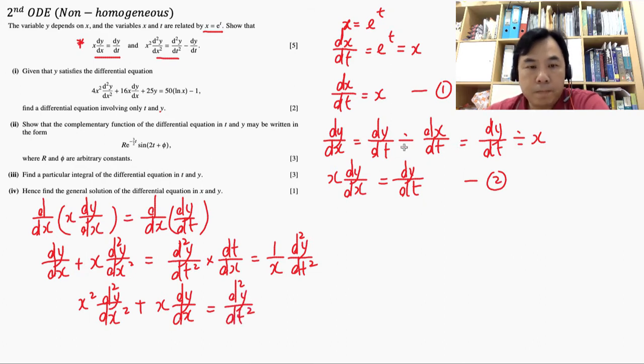And then now from equation number 2 here, I knew that x dy/dx is actually equal to dy/dt. So therefore, this whole second order differential equation can be transformed into